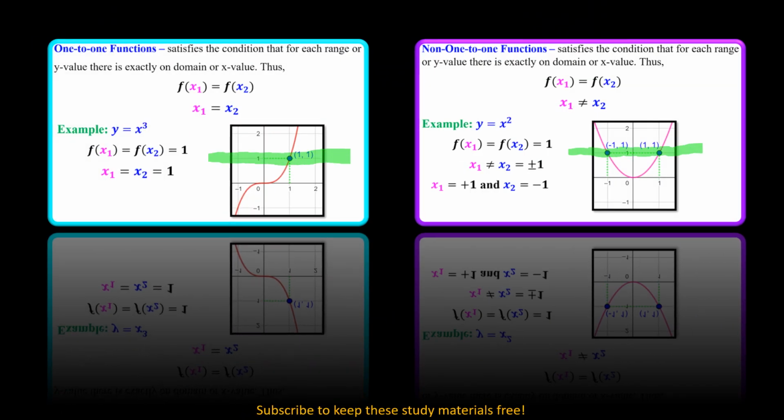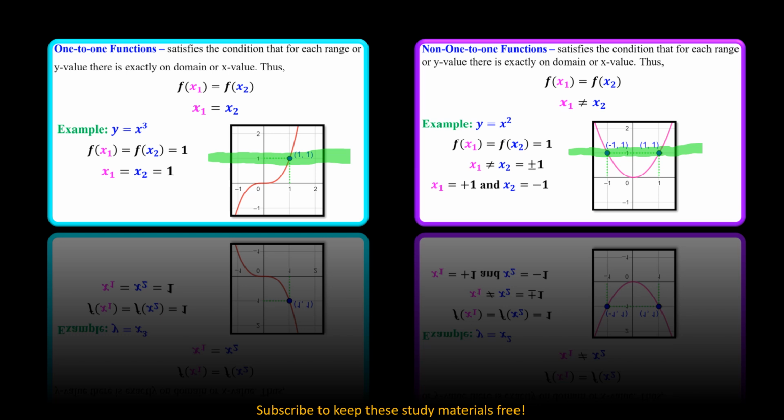Recall that a one-to-one function passes the vertical line test. Note the green lines going through both graphs. The first one only touches the graph of x to the third once, therefore it is one-to-one. Looking at the second graph, which is x to the second power, it touches the green horizontal line twice, therefore